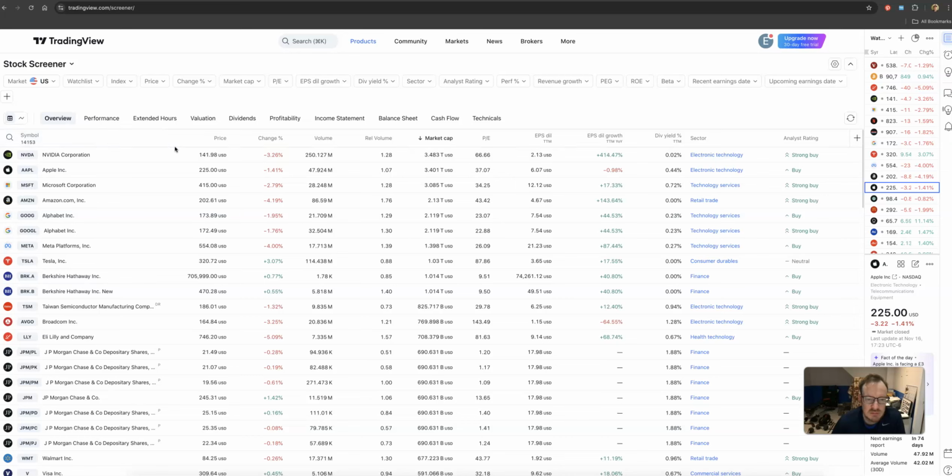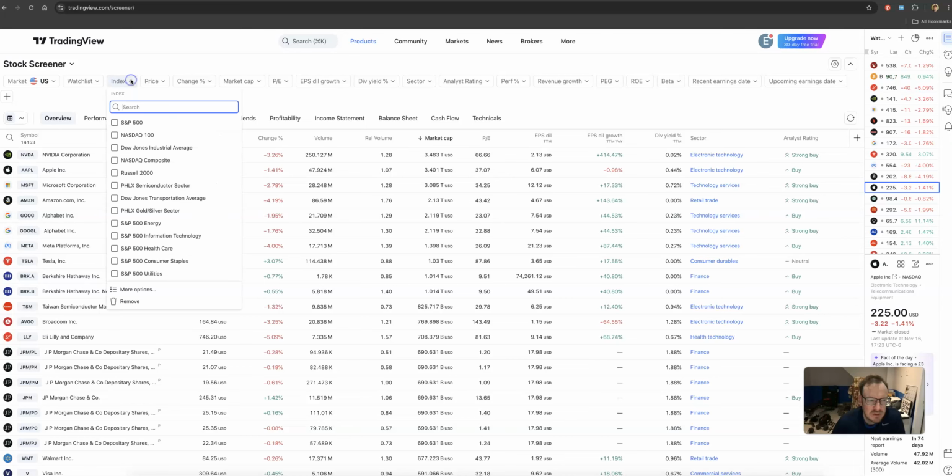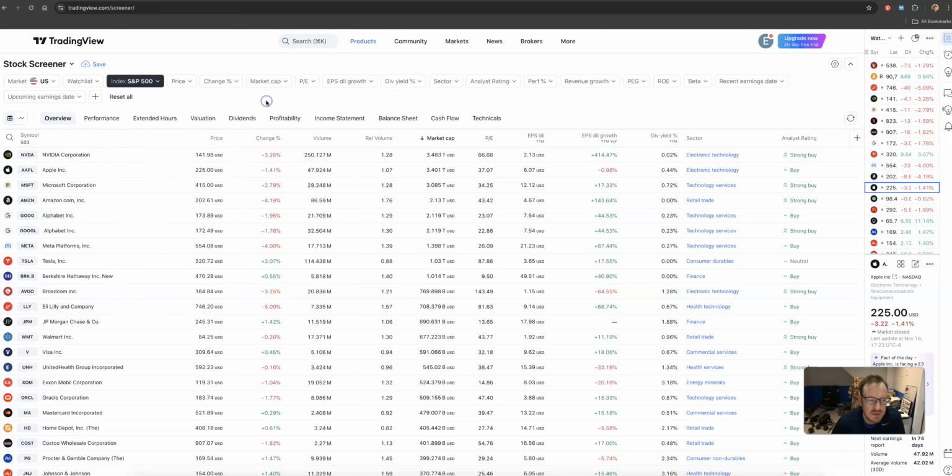So after we're all up with this page, as you can see, I've got 14,000 stocks. That's way too many to find out. So I want to narrow that down. I'm going to narrow it down by a lot by going up. There's an index tab here, so I'm going to click on that. I'm just going to go to S&P 500 because that's